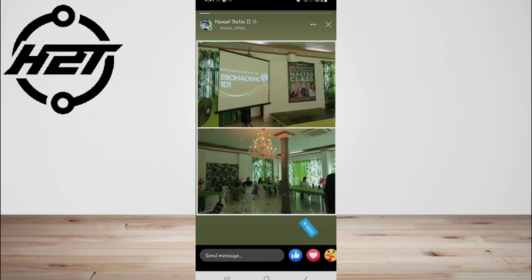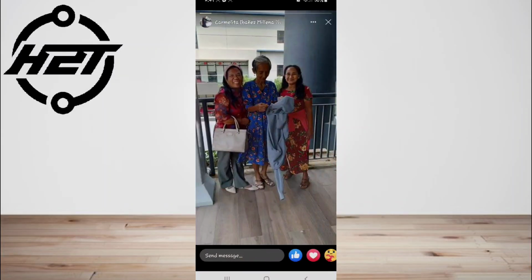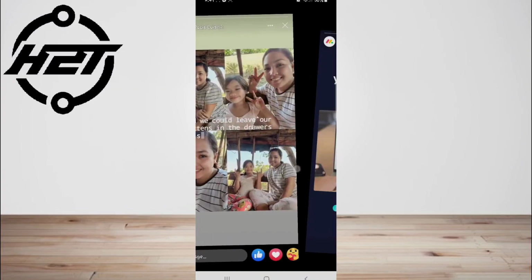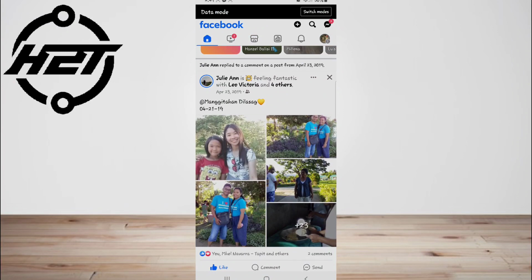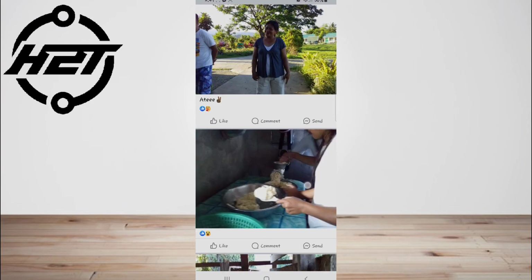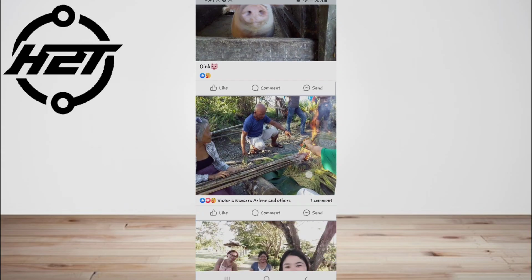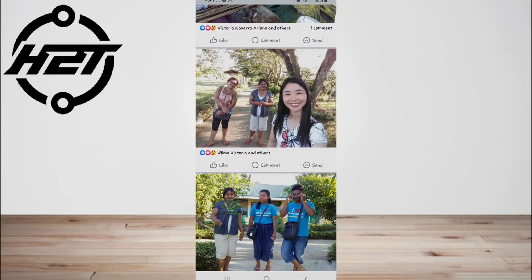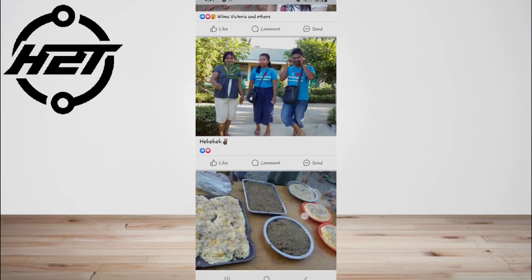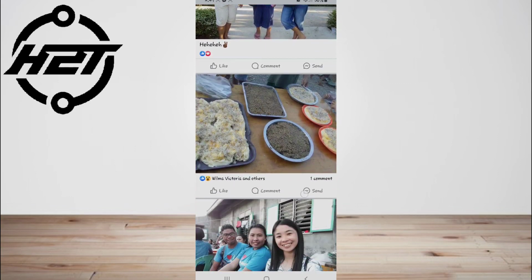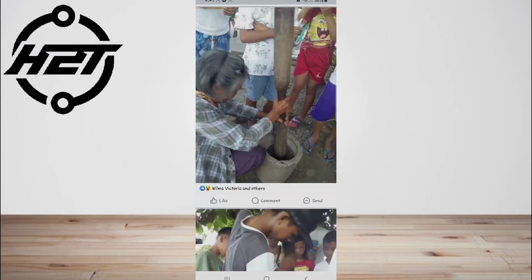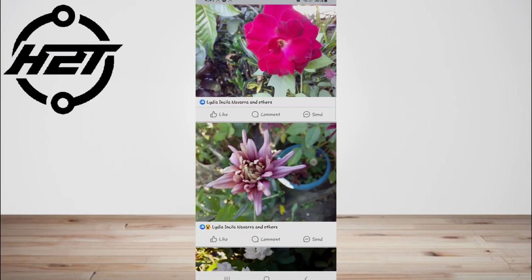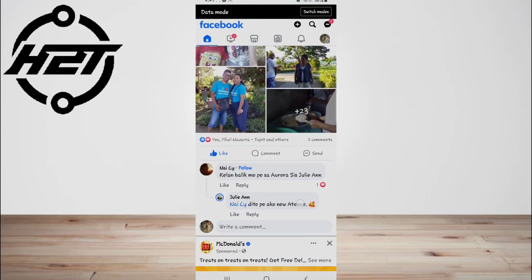There are two types of restrictions. The first one, temporary restriction. The second, permanent restriction. Temporary restriction refers to a Facebook account that is being restricted from performing certain actions, restriction to post comments or videos, etc. If you are facing a temporary restriction, then you have two options. Wait for the restriction time to expire and file an appeal to Facebook administrators.